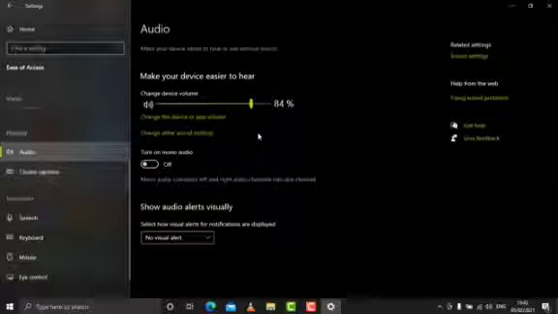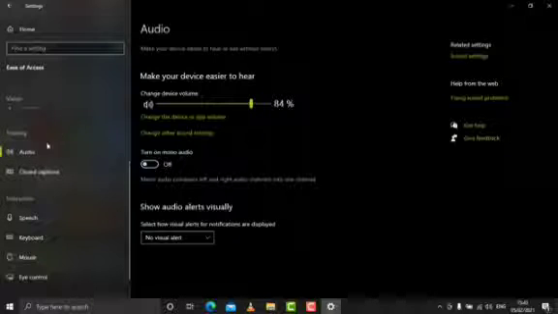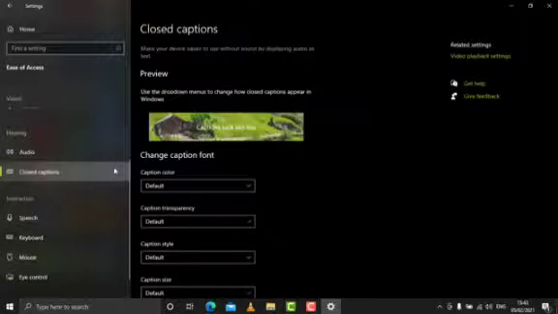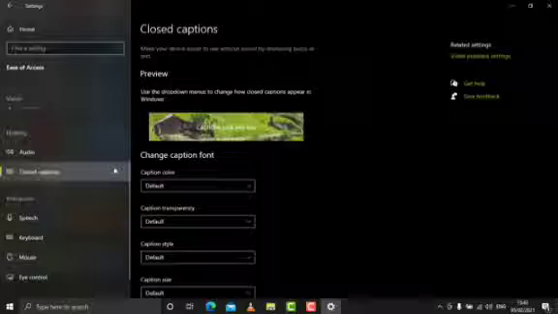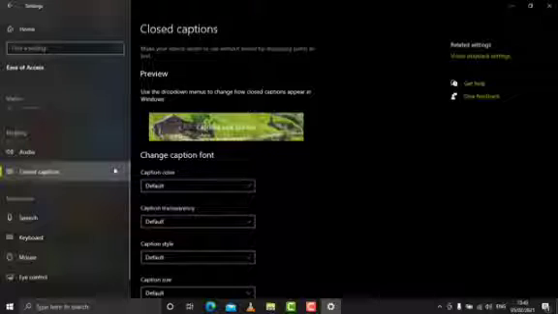The next tool is closed captions. It is present just below Audio. It is used to convert audio into text. If a person is listening to audio or watching a video and is not able to hear it properly, he can use closed captions to have the audio converted into text and printed on the screen.